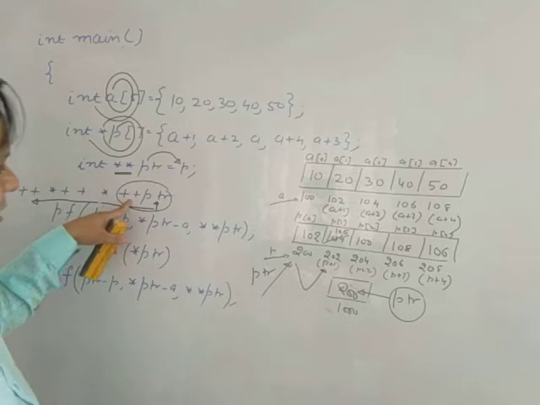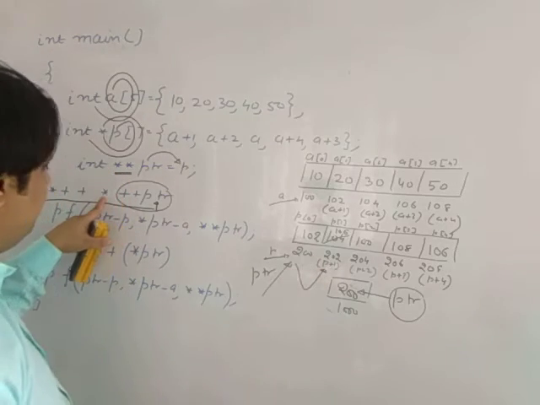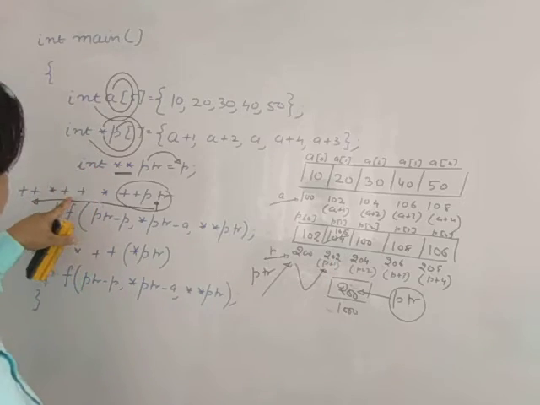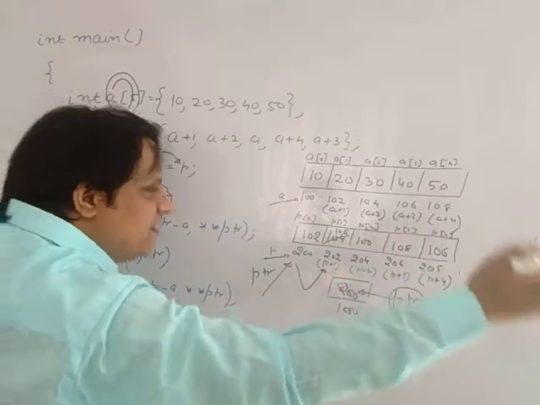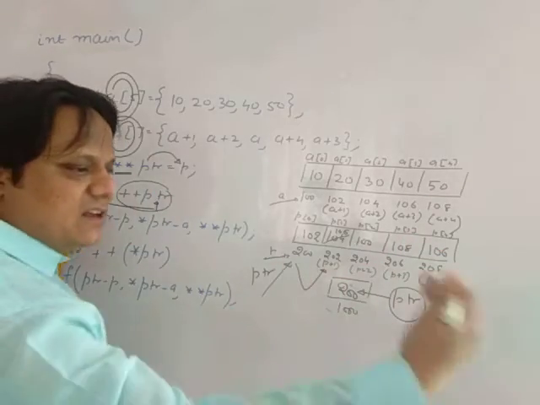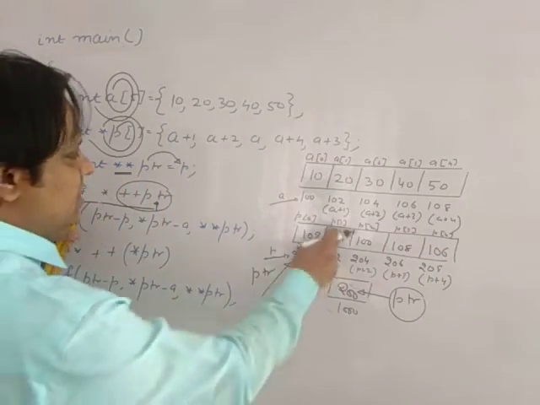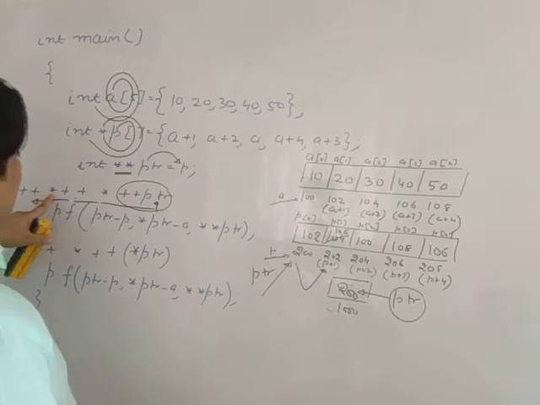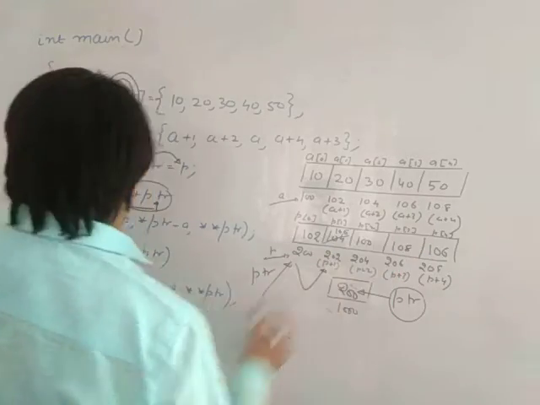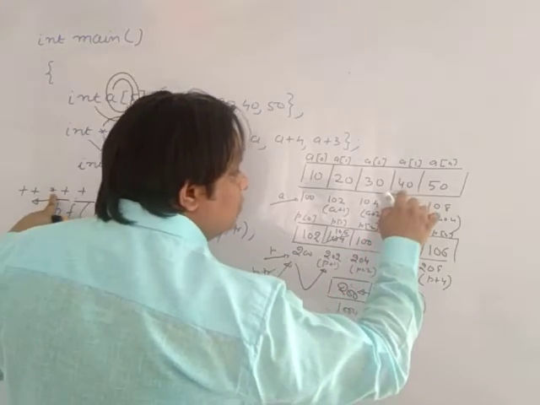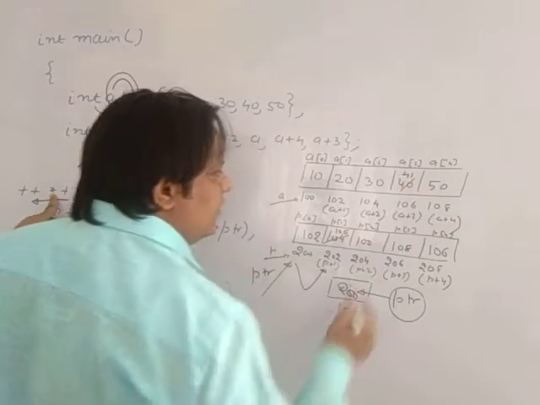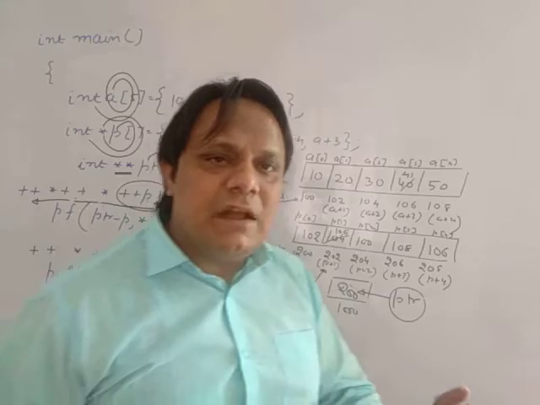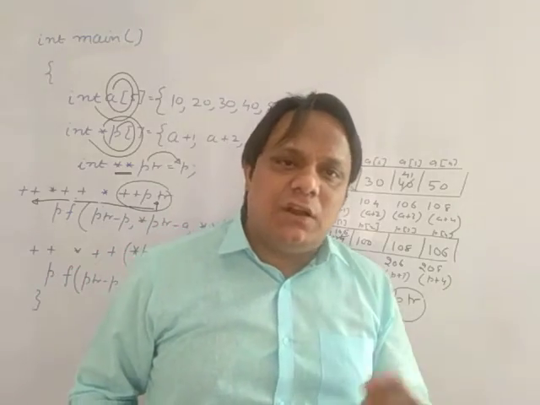ठीक है, plus plus ptr, your ptr moves to 202, star of this ptr is 104. You have incremented 104, the next address is not 100, it's 104, next address is 106. Addresses are stored in continuous memory location, so it is 106, and star 106 is 40, and you have incremented the value. So 40, if you increment, is not 50, it is 41, because when you increment onto the values, it's normal mathematics. 40 plus 1 is 41, right?